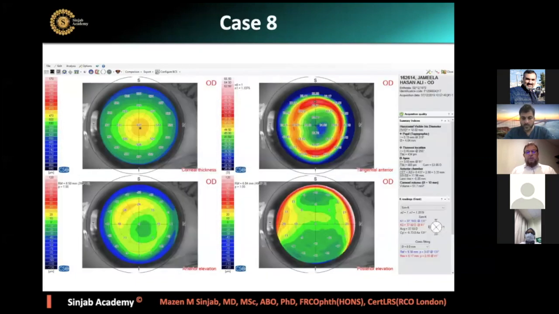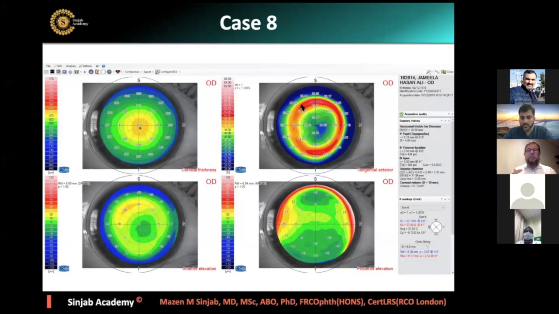This is case number 8. This patient had myopic treatment before. As you see on the tangential curvature map, we can see the center of the cornea ablated, with very low K readings. And immediately after this ablated zone, which is almost 5 millimeters, you will find a ring of high K readings. We call this contour effect. It's very important to keep the contour effect in mind. The contour effect is a